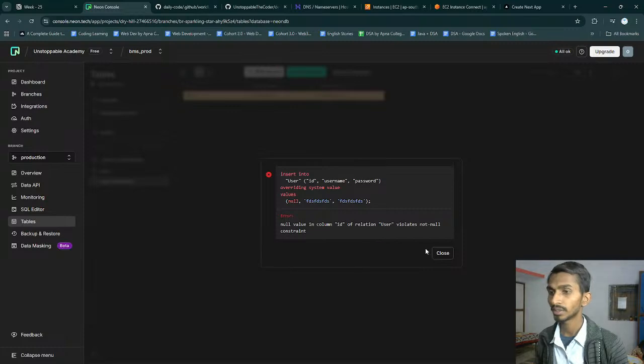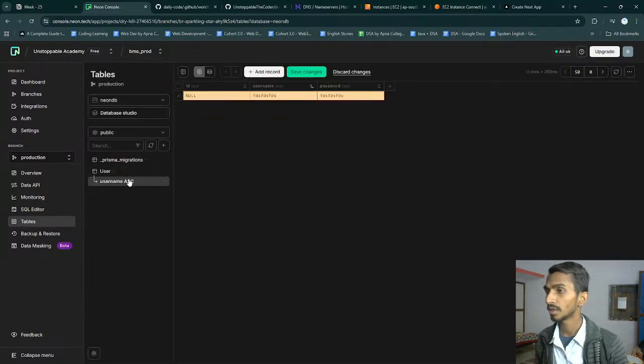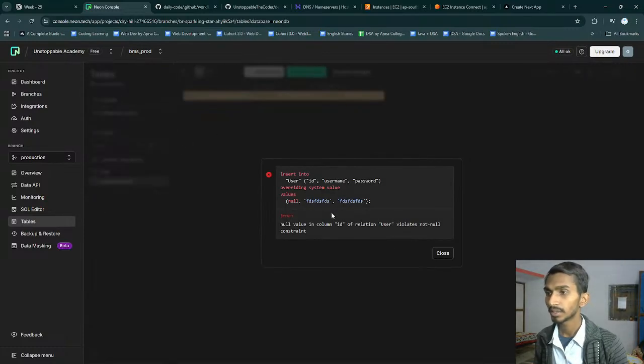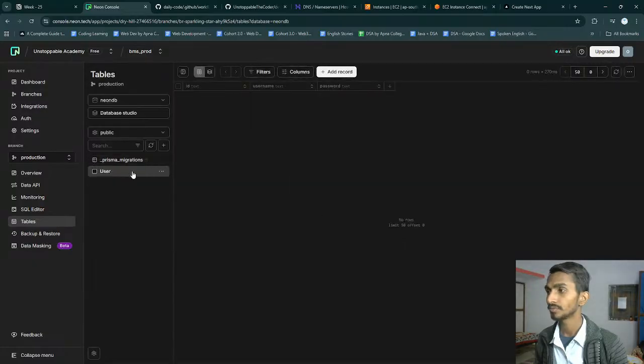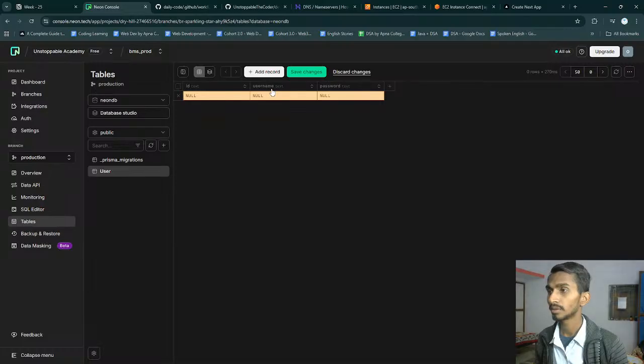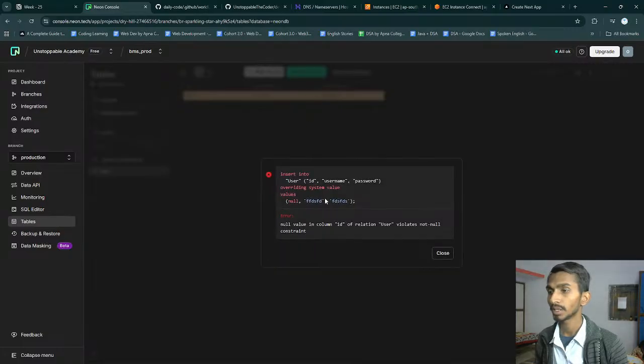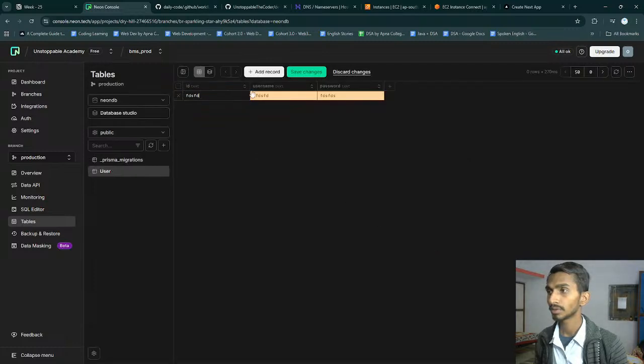Let's save it. Save it. ID is null. Discard. Add it. If I can't save it, I'll have to enter the ID, and ID is null right now. Okay, so FDS.